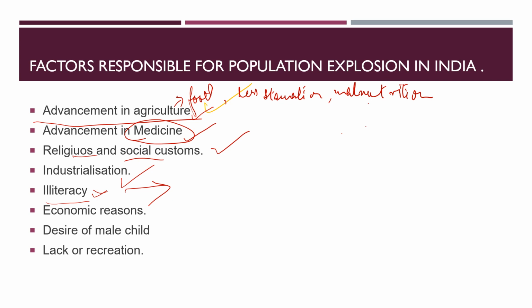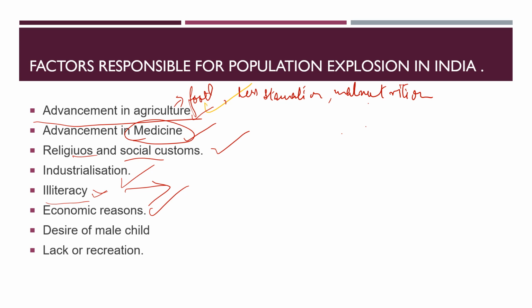Now there are certain economic reasons also. Children are always considered as helping hands. In illiterate or low income group families, they want to increase the number of children, because they say that the more children, the more helping hands there will be, and they will be in different types of jobs, and different types of earning possibilities will grow in their family. So for that they keep on producing children. So illiteracy, lack of education is another cause of